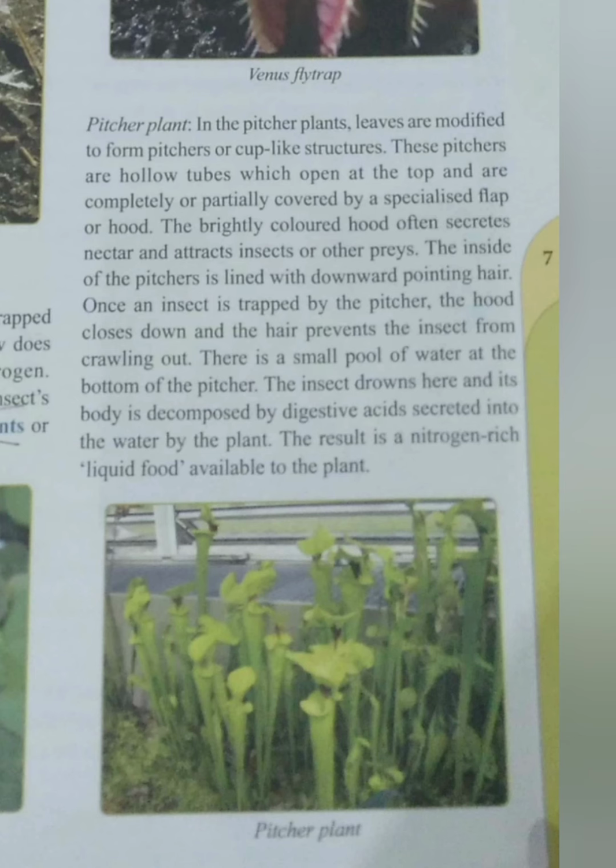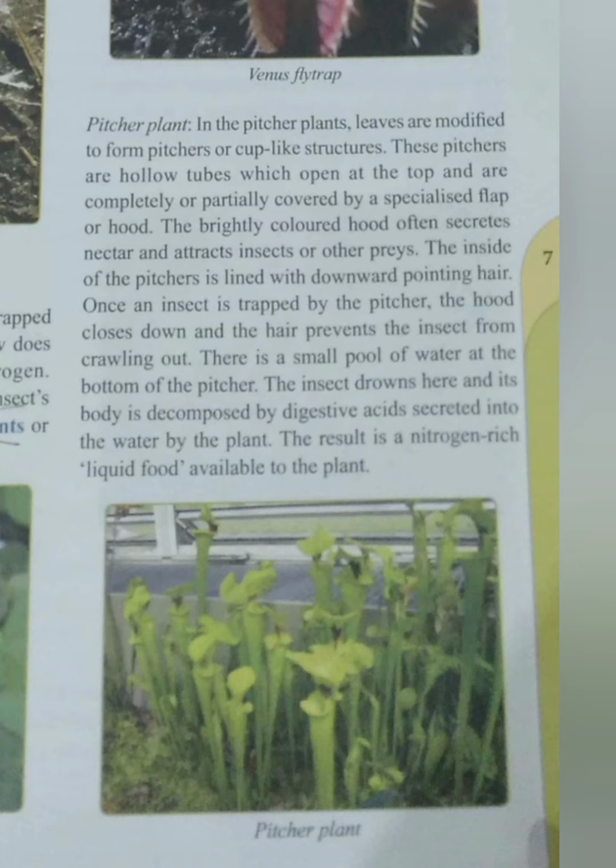The pitcher plant. In the pitcher plants, leaves are modified to form pitchers or cup-like structures. These pitcher plants have hollow tubes which are open at the top and are completely or partially covered by a specialized flap or hood. The brightly colored hood often secretes nectar and attracts insects or other prey. The inside of a pitcher is lined with downward pointing hair. Once an insect is trapped by the pitcher, the hood closes down and the hair prevents the insect